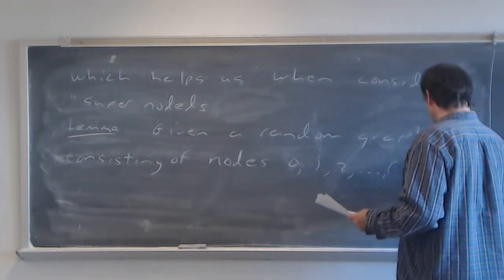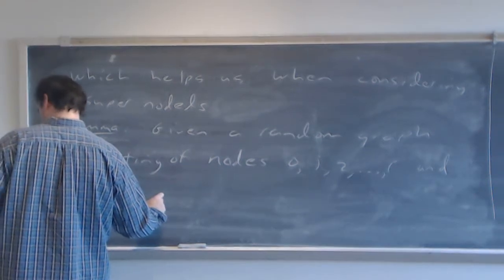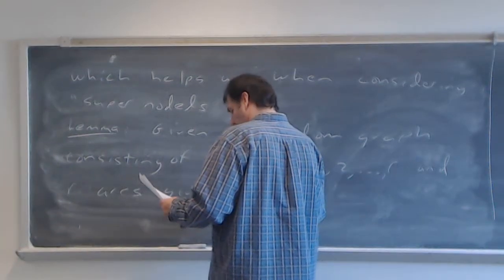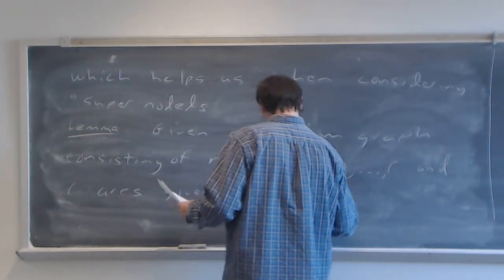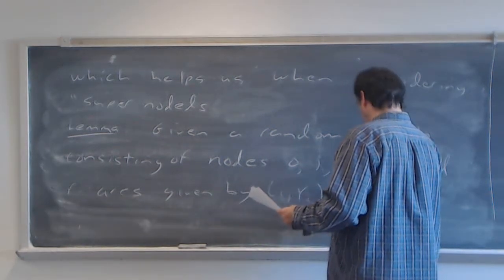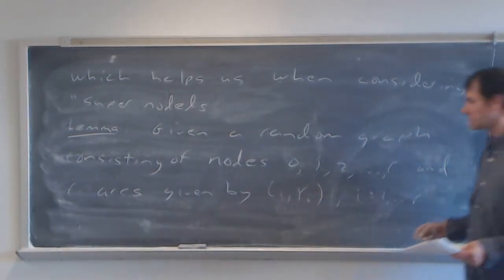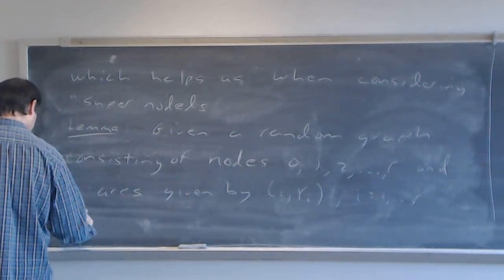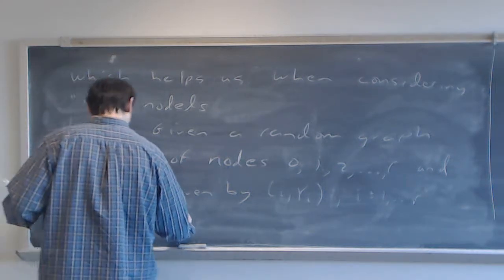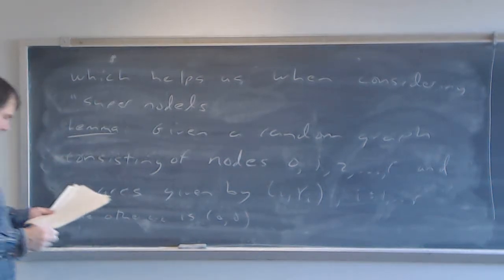And R arcs given by i, y of i is equal to, and here we'll say i runs from 1 up to R. Now look, that only is R arcs, so I'll say in parentheses, the other arc can be considered as 0, 0, okay, where